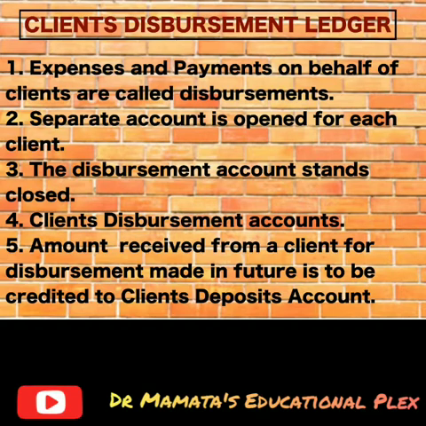However, all the accounts in client's disbursement ledger are not closed. At the time of balancing the books, there may be several debit balances on various accounts in this ledger. These accounts represent disbursements which have been billed and which have not been billed. A list will be prepared of all such balances and the total of the list will be shown on the asset side under the heading Client's Disbursement Accounts.